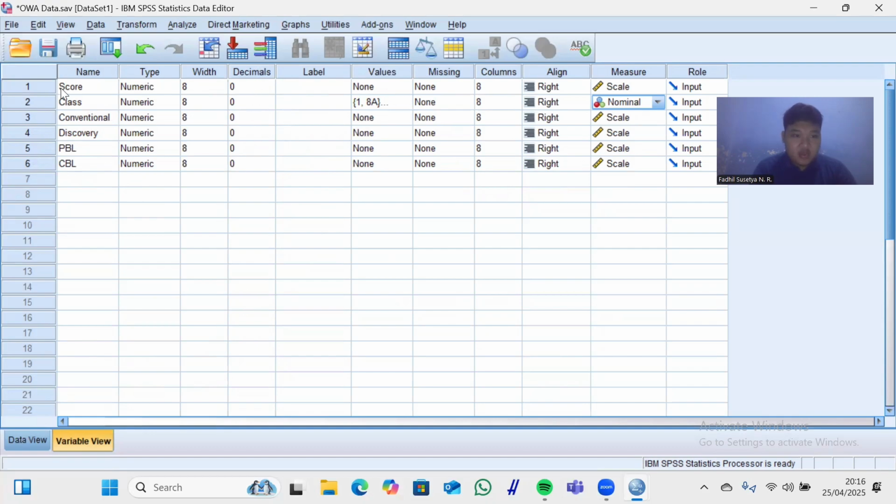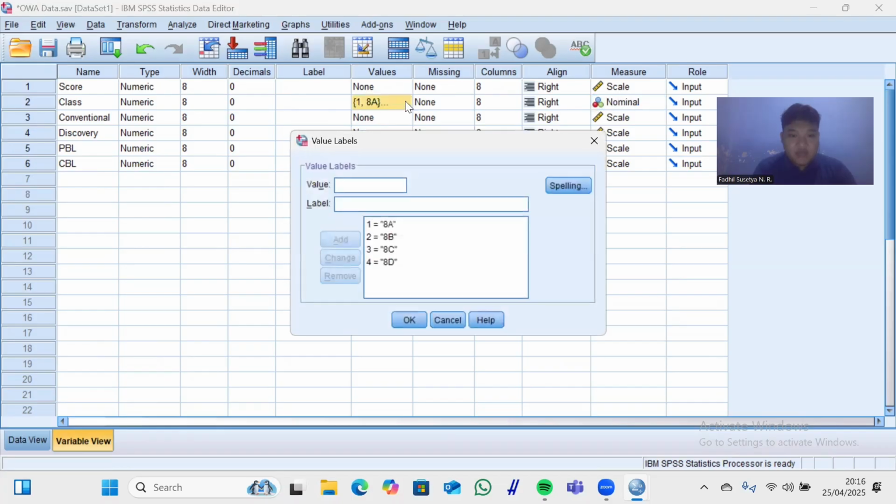And then the values, especially for the class, because it's nominal and it's a code, make sure you input all the values. It's so that when you get the output, you can know where the data is from.